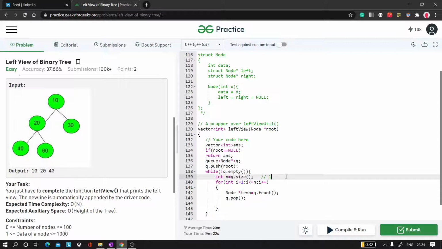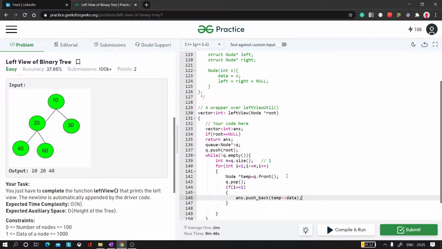So 1 should be printed, and if i equals 1, it means that at level 0 the first node is 1. So you just need to push it into the answer, that is, its data.